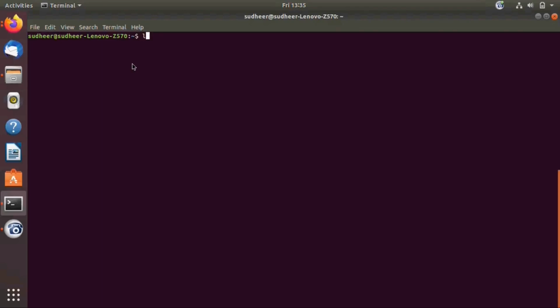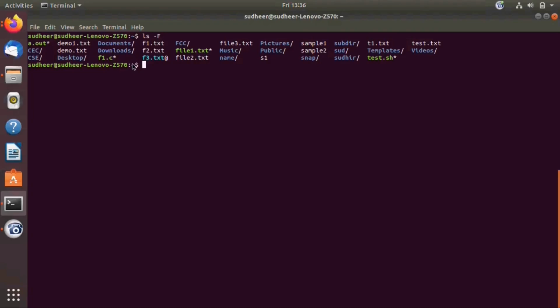The next option is ls -F with capital F, which gives all the files in the current working directory with their file type. There are three file types available.